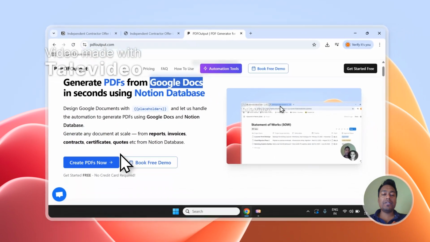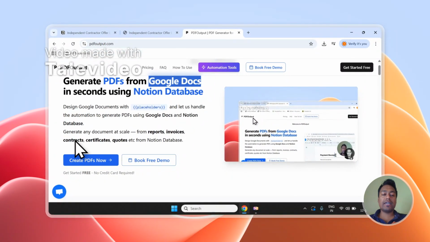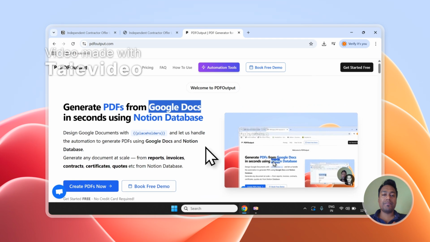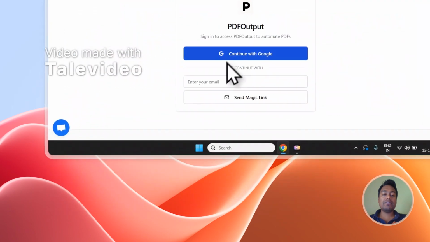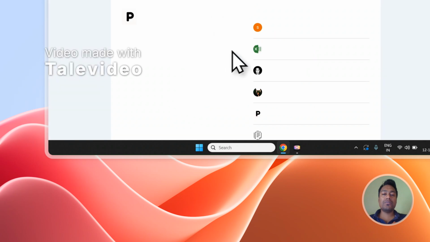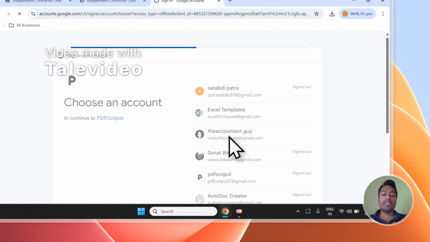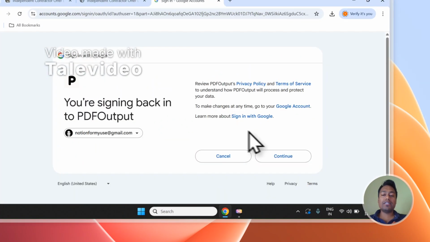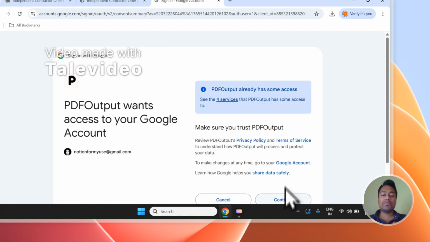You can create any documents such as reports, invoices, contracts, certificates, or even quotations that you're planning to generate on an everyday basis at scale with this exact automation system. Click on create PDF and simply sign in, and then we will see how the automation will work out to start generating the PDF file. So I'm going to quickly sign in, and then we will see the rest of the steps